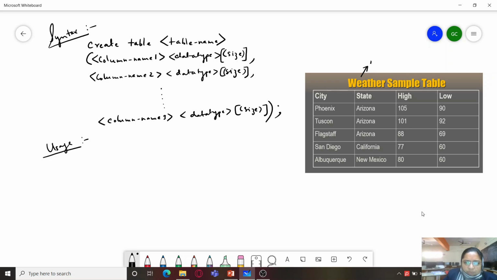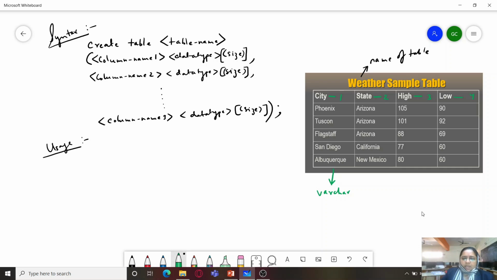As you can see, the name of the table is weather, so we are going to use it as the table name. And here we have certain fields. So there is one field city, state is the second one. So this way we have four fields over here, and looking at city you can feel that its data type is textual. So we will usually use varchar over here because names of cities can vary.